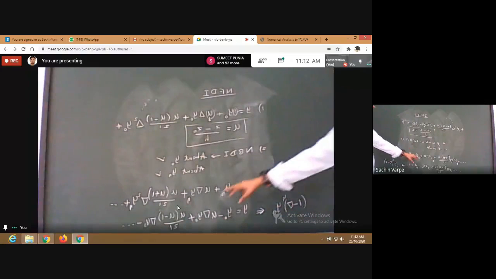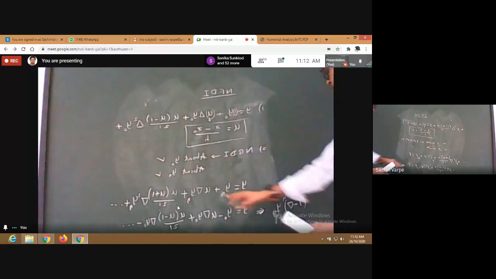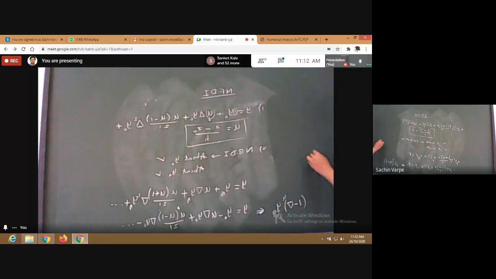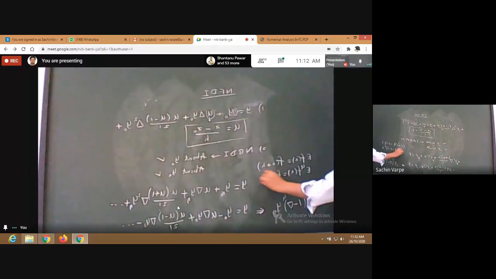And while proving this formula, we started with y equal to f of x. E f x is equal to f of x plus h. So e to the power u f x will be f of x plus uh, isn't it? And then this u we have adjusted. First of all, this we have written in terms of xn, so this will be my yn. Is it visible?